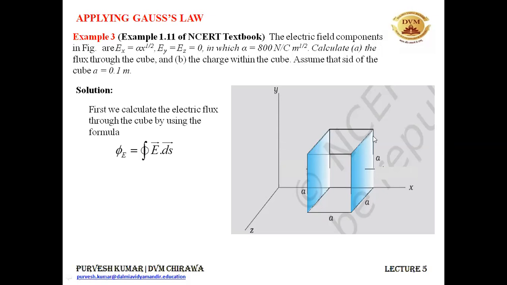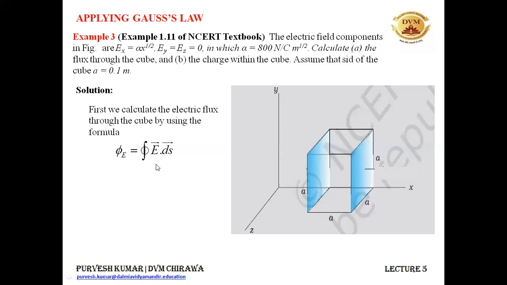One is on the top, the other one at the bottom. One is the side one that is marked with blue. Another is the side one marked with blue color. And one is the front one and then the back side. So it is having 6 surfaces. So we will be having 6 area vectors. This ds will be divided into 6 parts. All right. And the electric field has 3 components along the x-axis, along the y-axis, and along the z-axis.